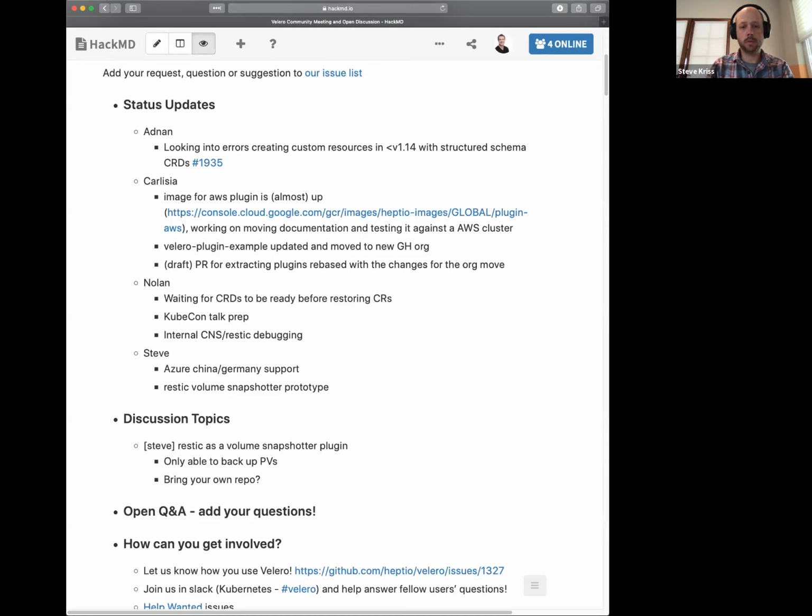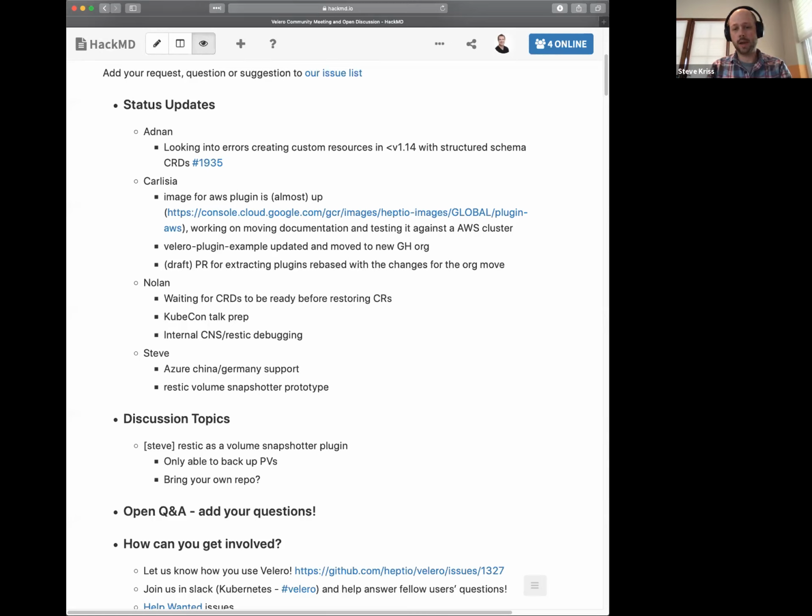And then I've also been working on a prototype of taking the Restic functionality and putting it behind the volume snapshotter plugin interface. I'm going to talk about this more in a minute, but for those of you familiar with the Restic integration, it has its own user experience. It also has its own code path within Velero that's totally separate from the other volume snapshotters, like the EBS snapshotter and the Azure and GCP snapshotters.